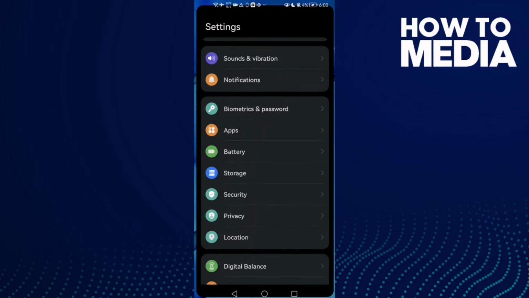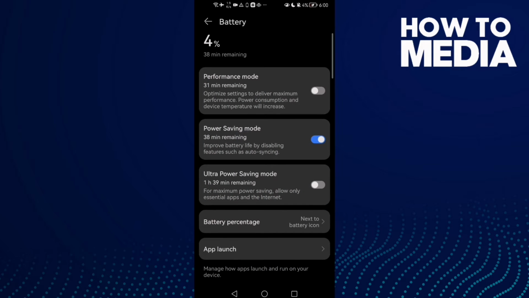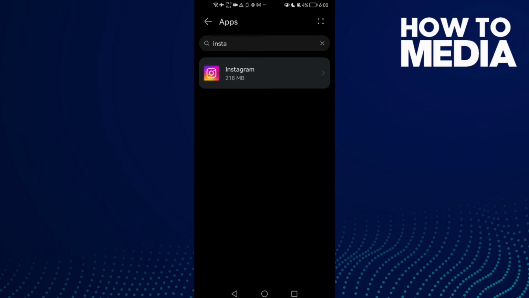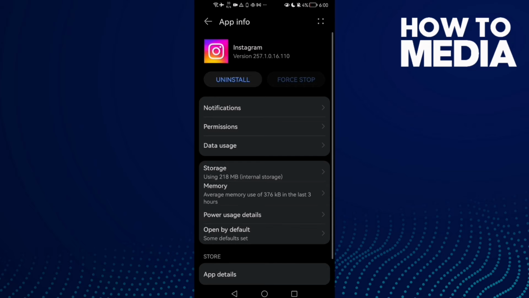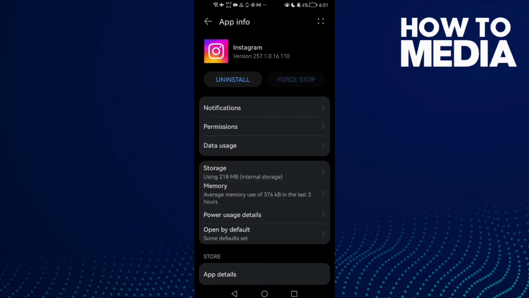First open settings and then go to battery. Here just disable power saving mode and then go to apps and apps again, and here you'll find Instagram. Click on it and then go to storage, clear cache and force stop Instagram,